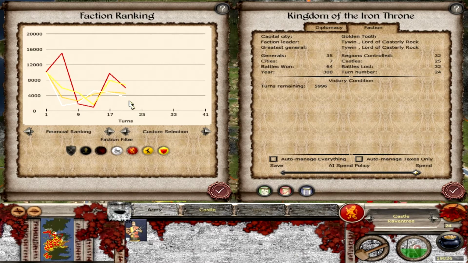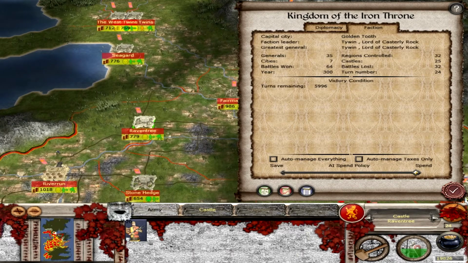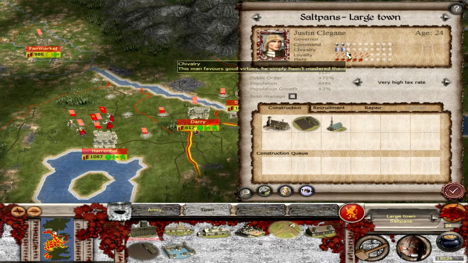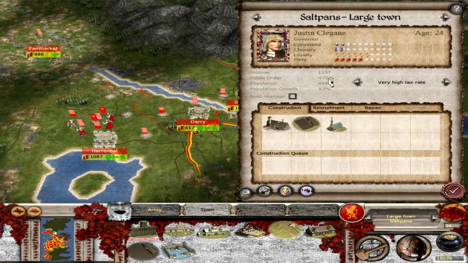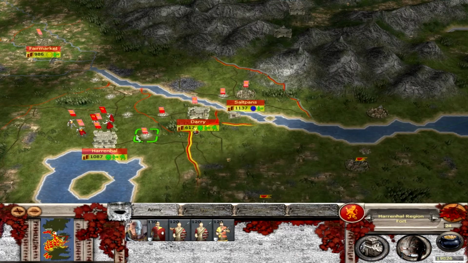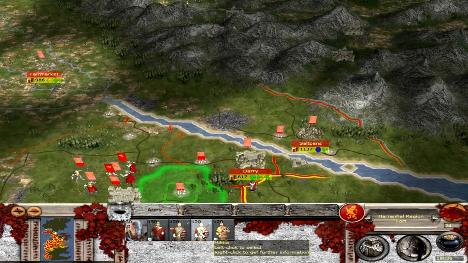Finances, everybody's. I'm guessing Renly's going farther down than it looks right now, and Stark is probably going to be close to going in debt and then have to disband a few units. Stannis is going to be going down a little bit more due to me taking Salt Pans back. And this extra chivalry was just enough to have that extra 5% public order. I might break down and buy another militia. Actually, I shouldn't have to,